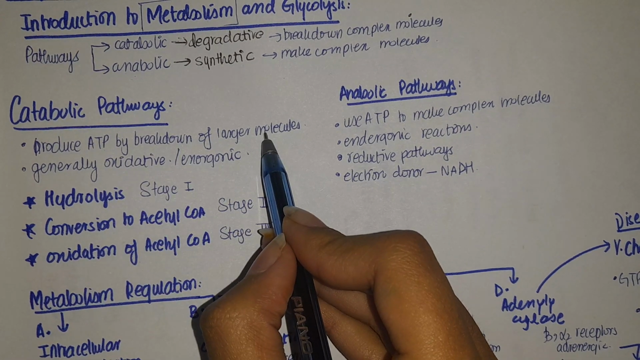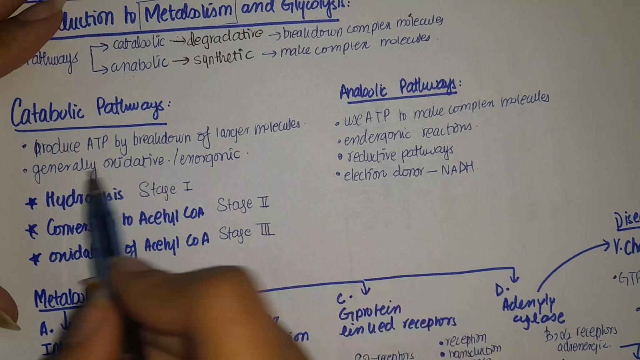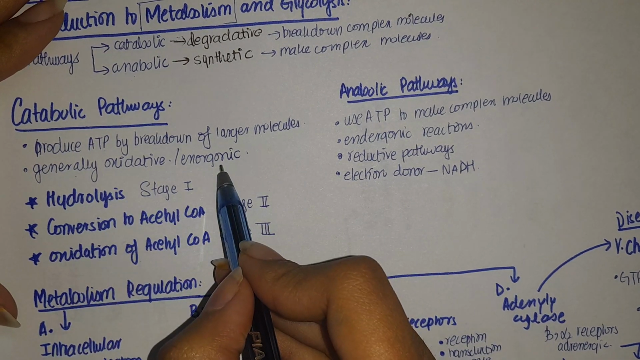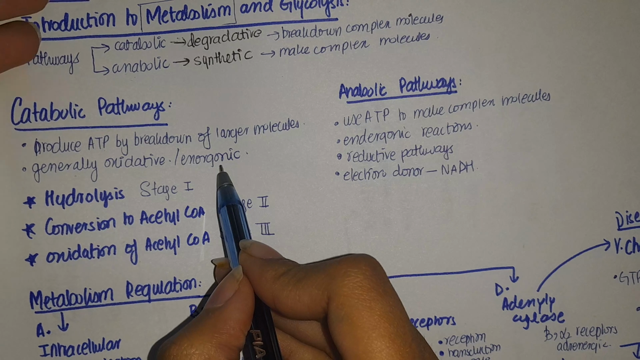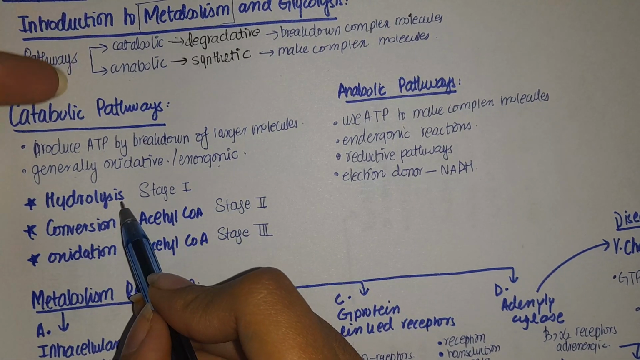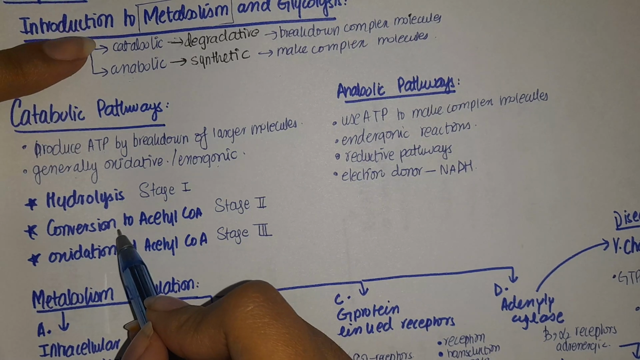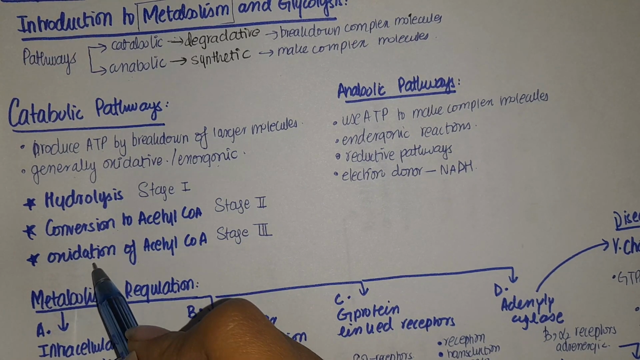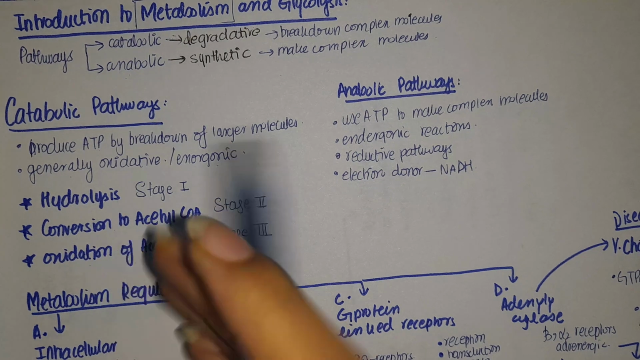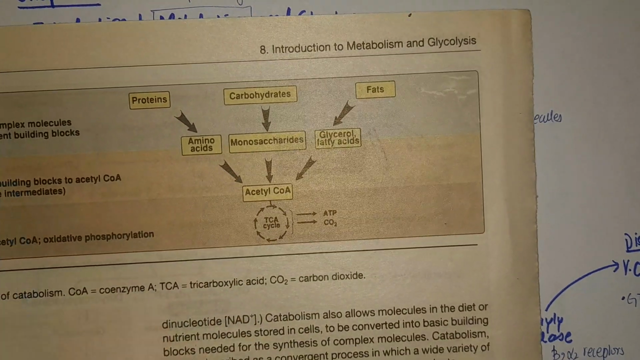What are the larger molecules? Like proteins, carbohydrates, fats, etc. And they are generally oxidative reactions or exergonic reactions, and they have three stages. First stage is hydrolysis, second stage is conversion of the products to acetyl coenzyme A, and then we have oxidation of acetyl coenzyme A. If we look at the book, you can see the stage 1, which is hydrolysis